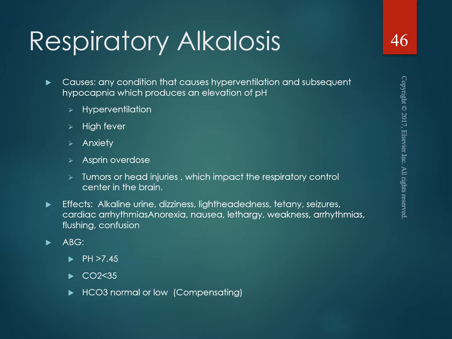Hyperventilation, high fever, anxiety, and aspirin overdose, tremors or head injuries, which impact the respiratory control center in the brain. Effects can be alkaline urine, dizziness, lightheadedness, tetany, seizures, cardiac arrhythmias, anorexia, nausea, lethargy, weakness,